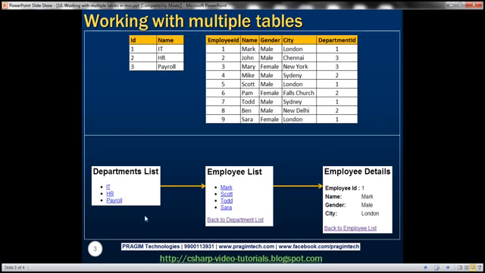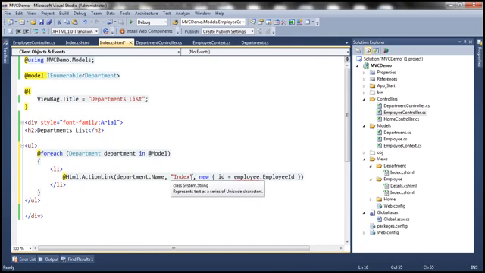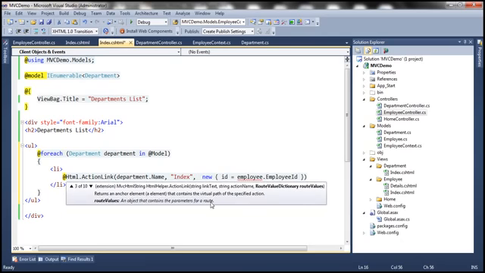Now when I click this department name hyperlink, we want to redirect the user to the index action of the employee controller. So here we also need to specify the controller name as well, and to do that, look at this, there are several overloads. So I can use an overloaded version where it takes the controller name as well. So I want to redirect the user to employee controller,